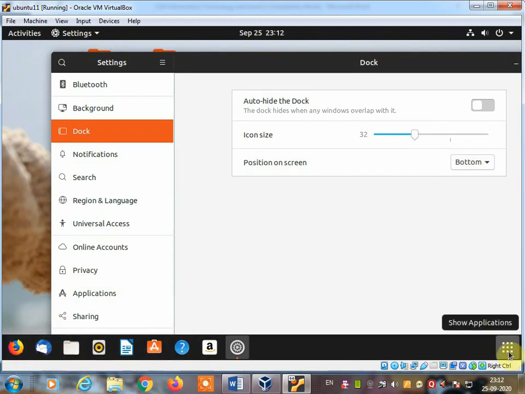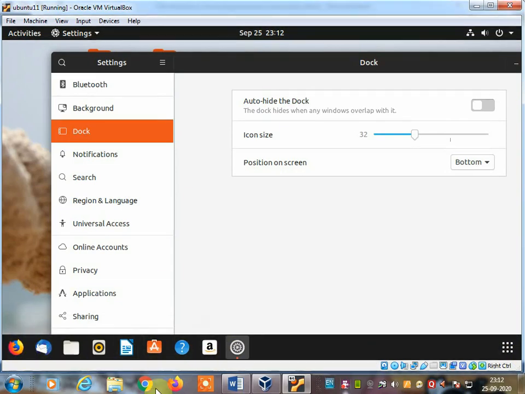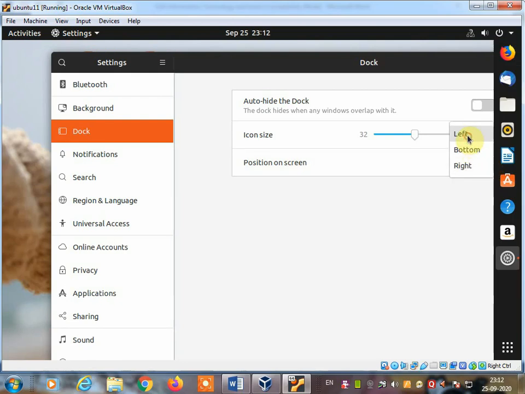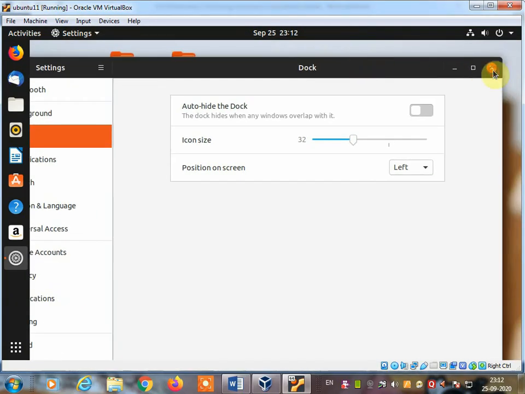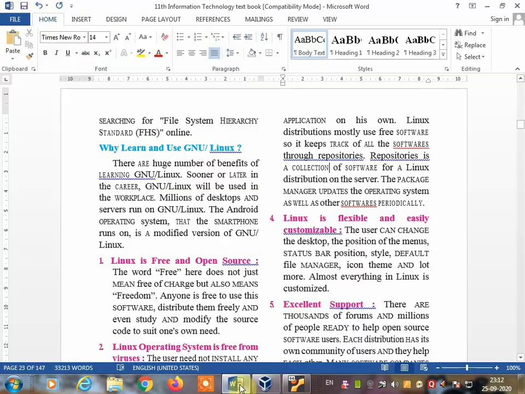So here your start button is there, and this start button you can also change to the left hand side, and all these icons will go like a Windows. Look here, the Windows start button is here and all the icons are here like this. So you can make changes. Again if you want the right side, you can take it right side or the left side. Menus also you can change. Whatever changes you want to make, you can make by using the setting in Linux operating system. So it is totally customizable.